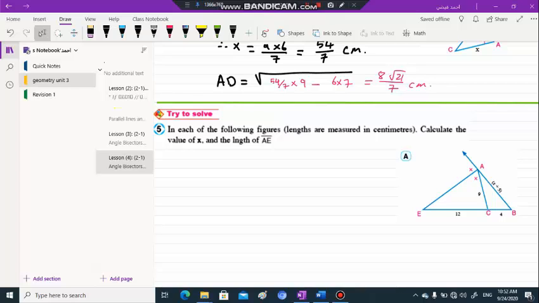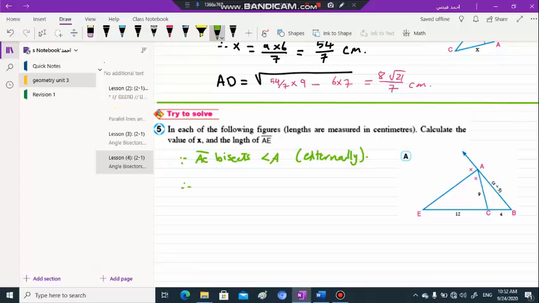Another example. In each of the following figures, lengths are measured in centimeters. Calculate the value of x and the length of AE. So we have EA bisects angle A externally. So since AE bisects angle A externally, then